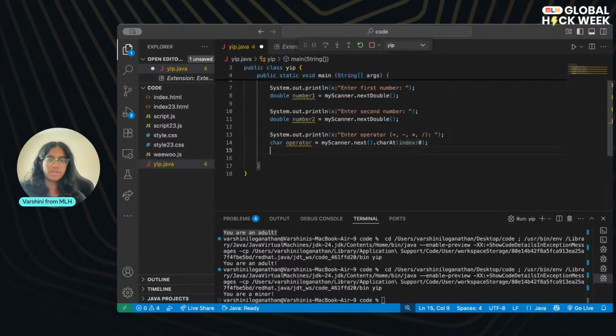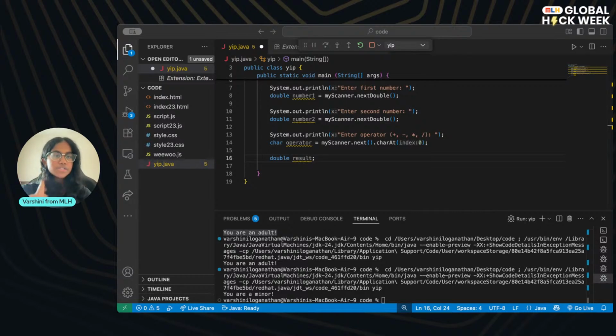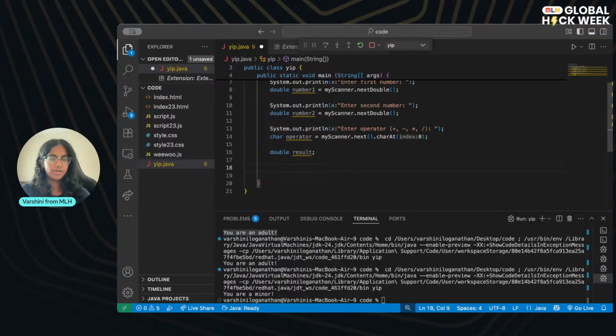Now that we've done that, I'm going to create a variable, and I'm going to call it result because this is what we want to use to store our value. This is an example where you can declare a variable without giving it a value instantly, just because we don't know what the value of result is going to be, because it depends on what numbers and what operators the user asks for. So we're just going to define it, but not instantiate it. So I'm going to add in some code.